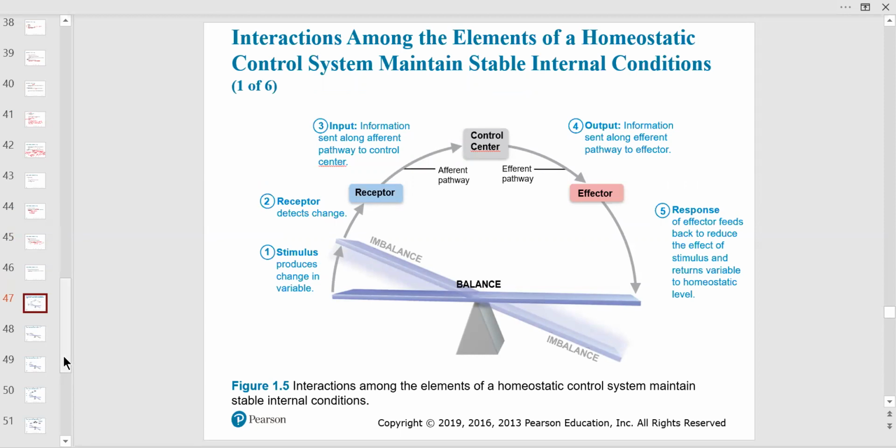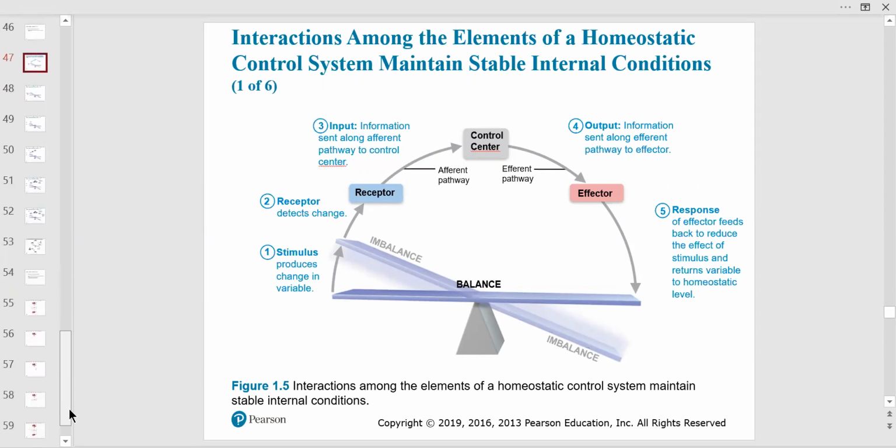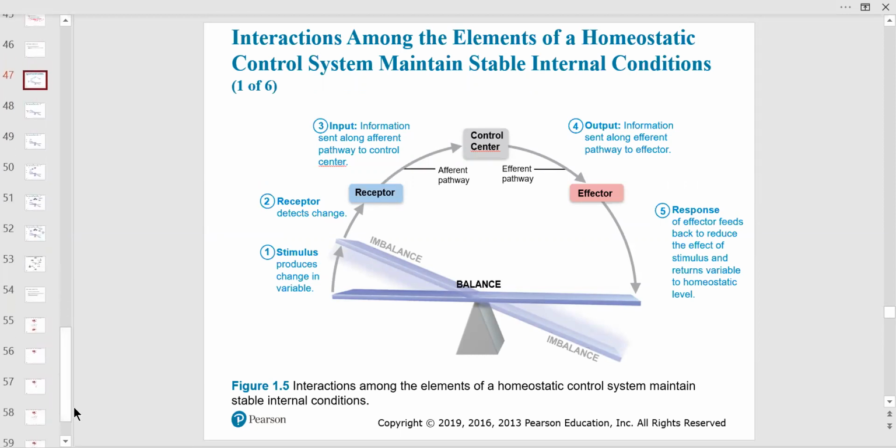It's always a confusing thing, this little seesaw, and we see this in every book. But it pretty much tells you, you're in balance, and then there's an out of balance stimulus. And that out of balance stimulus is sensed by the sensor or receptor. And then the input, usually something going into the central nervous system or into a structure, is called afferent. So the input goes in, in any case, or pancreas in one case, but most of the time in the central nervous system to the brain.